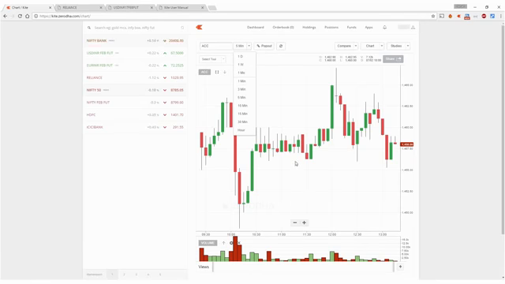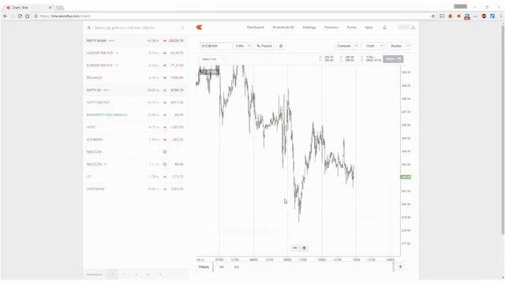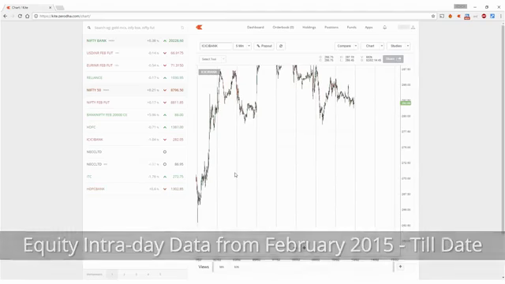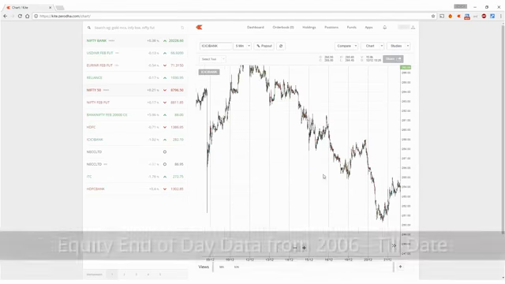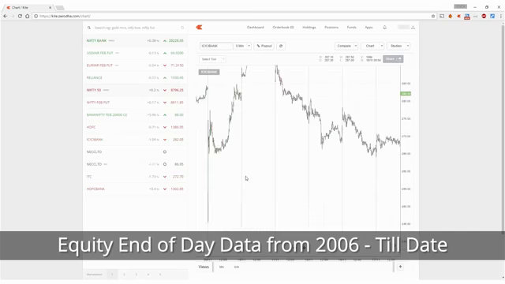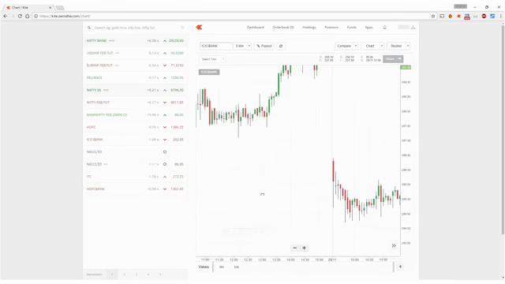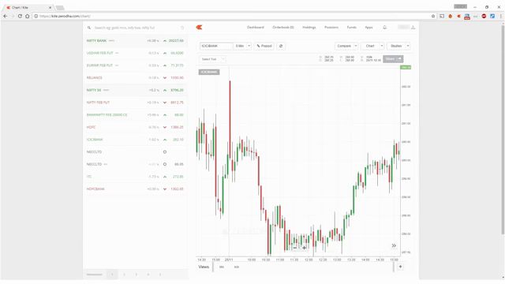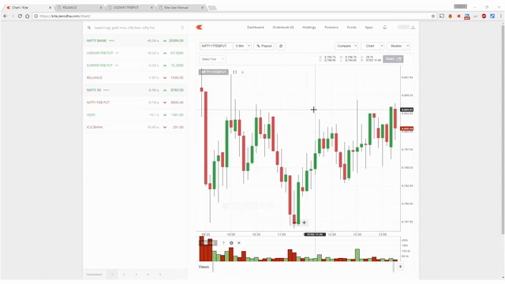You can extend it to any of the time frames which are shown here. Zerodha gives you intraday data, that's minute tick data from February 2015 until now on equities, and it gives you end of day data from 2006 until now on equities. I don't believe any other charting platform, not even the professional charting platforms, give as much data for free. For futures and options, the data is for the length of the contract. Generally, the length of the contract is 3 months, so you get a minimum of 3 months of intraday data